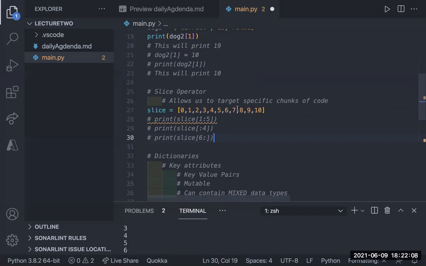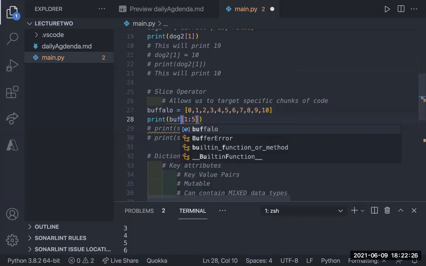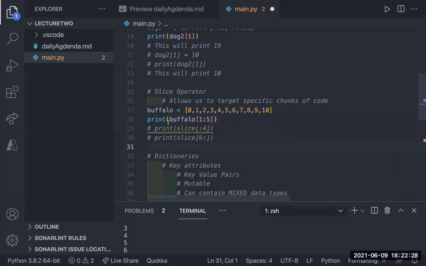And I think it's awesome. So the way it works is this. When I call this, slice is just referring to this right here. If this was pizza, I think I already called it pizza, I'm going to call it Buffalo. I'm in Wyoming, so might as well, right? So if I say Buffalo, I don't want to confuse you guys. Buffalo is just a call to this list right here. So if I say Buffalo, then instead of just printing Buffalo 1, Buffalo 2, Buffalo 3, I can actually do what we call a slice operator.